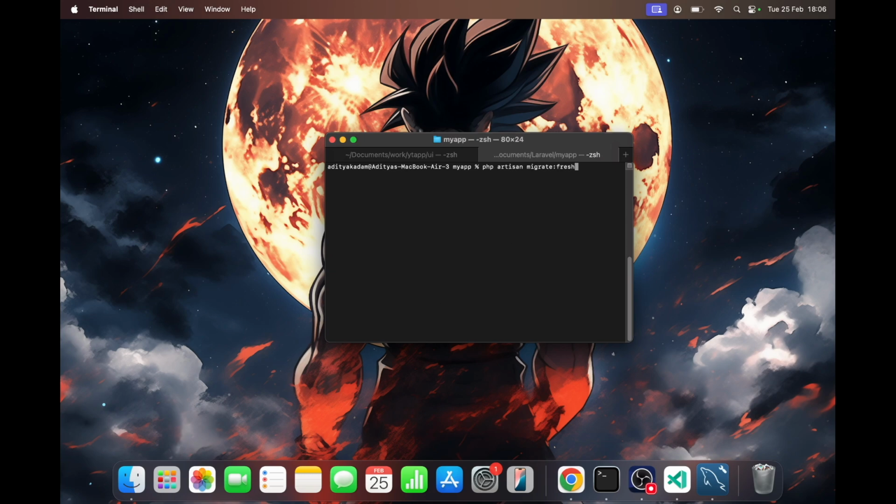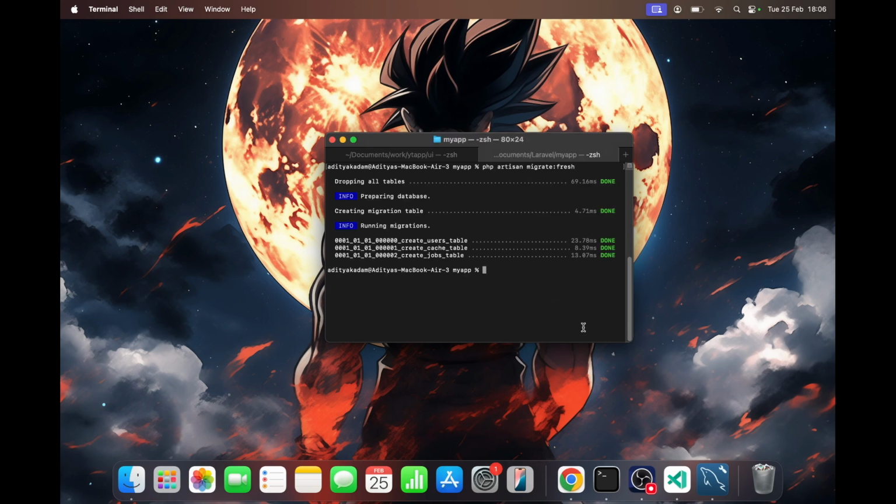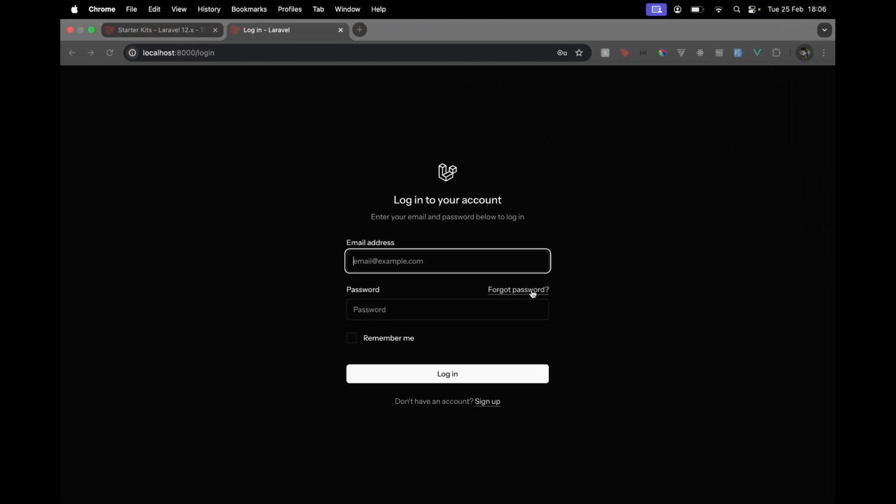If you're running this on a production server, you shouldn't do this, otherwise it will remove all your data tables and do a fresh migration. In my case, it's just a dev server, nothing to worry about, so I'm just going to do this. Okay, all done. And now if we just run the server again, composer run dev,